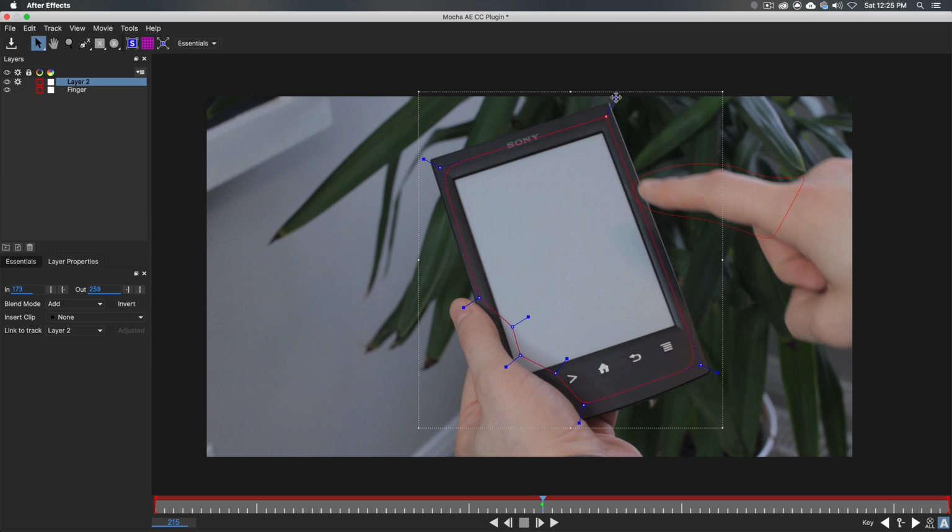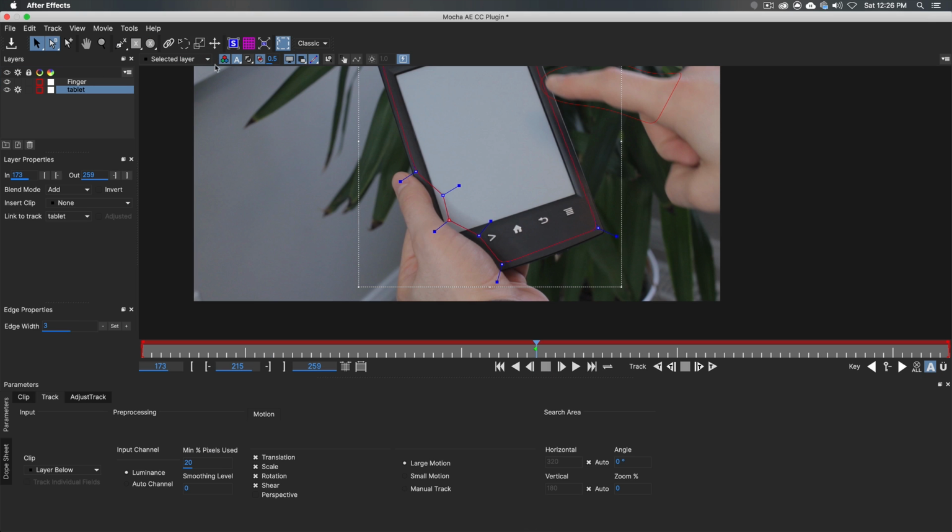I'm actually going to tighten up these corners a little bit just because I want to make sure I have the most surface area possible so I can get a more reliable track. So this layer, I'm going to call this the tablet, and we're going to put that under the finger. So the finger is above the tablet because that's the way it is in our scene. That makes sense. And if we go here to the classic interface,